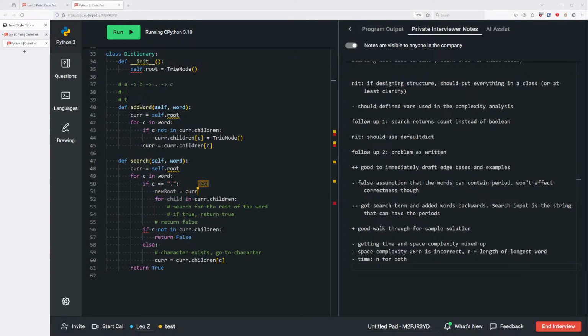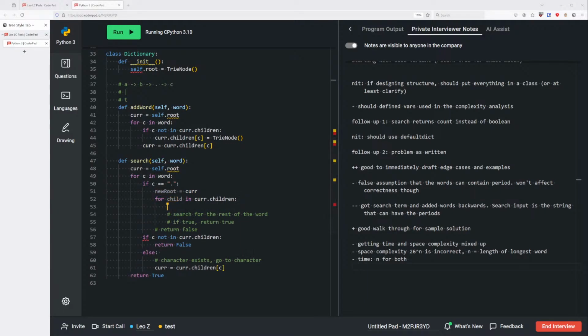This way, when we're iterating through each child using current, let's say the first child is false, then we can set our current back to the new root and try that again. For child in children, we can check similarly if c is